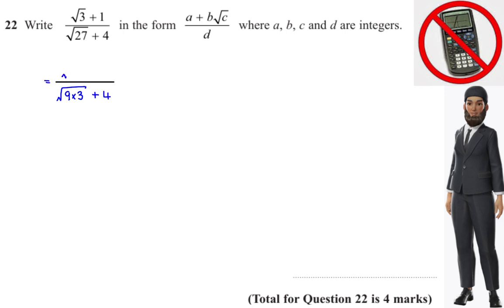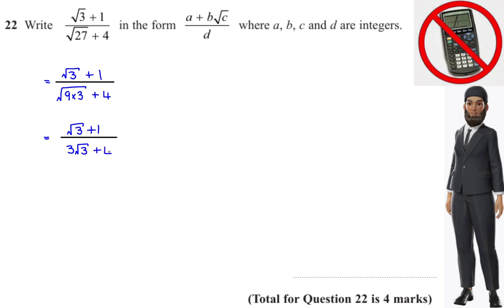Let's simplify that first up. Thereafter, we should recognize that the square root of 9 is 3. So therefore, we can rewrite it as root 3 plus 1 all over 3 root 3